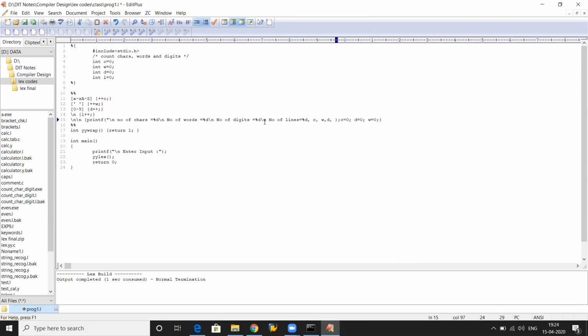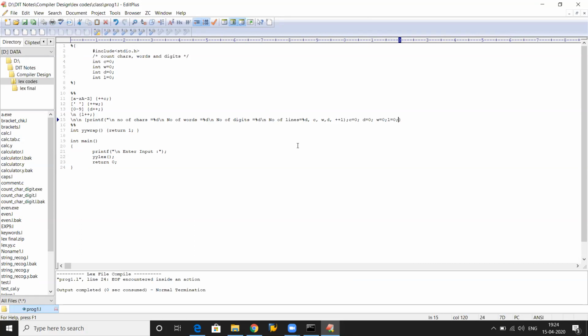L. Now for \n it is going to print a line number after completion of the \n, so it won't count the line for the first L. So we have to give plus L so that it counts the first line also, right? And for the next input, I'm making L equal to 0.